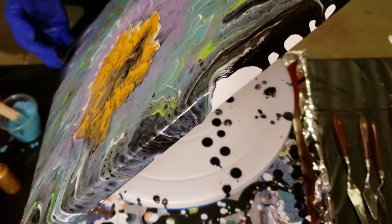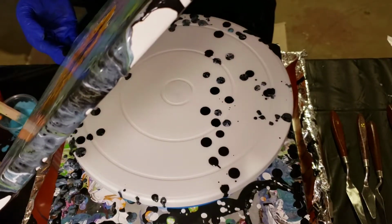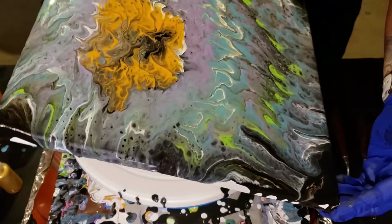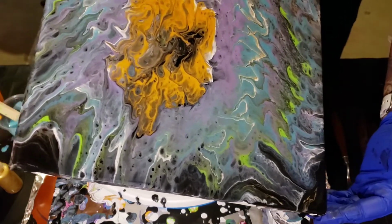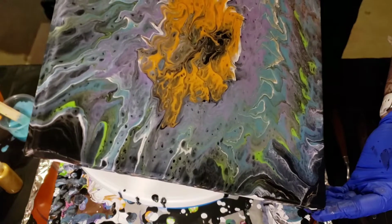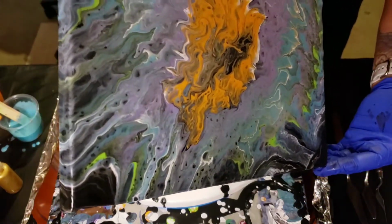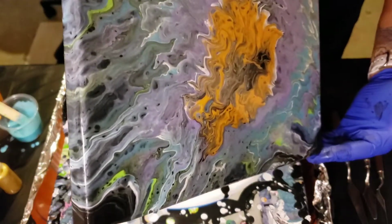So that's my little soapbox right there, is to remember to be supportive of everyone around you, whether they're an artist or whatever they like to do. Whatever makes them happy, be supportive. If you don't like it, shut the fuck up about it. Because your opinion doesn't matter anyway. But anytime you can build somebody up is a positive thing. And people deserve that. You know, like I started